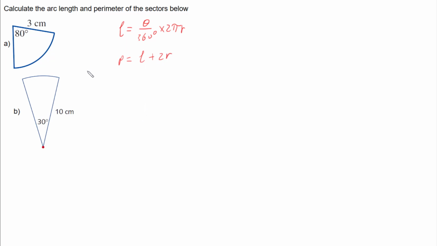So if we have a look at my first one, theta is the 80 degrees and my r is the 3 centimeters. So if I go and work it out, I've got that my arc length is that theta on 360 degrees multiplied by 2 pi r. So our theta is 80 degrees. We're dividing by 360 degrees, multiplying by 2, multiplying by pi, and multiplying by that radius, which is 3. And if we go and work that out, that gives us an arc length for my first one of